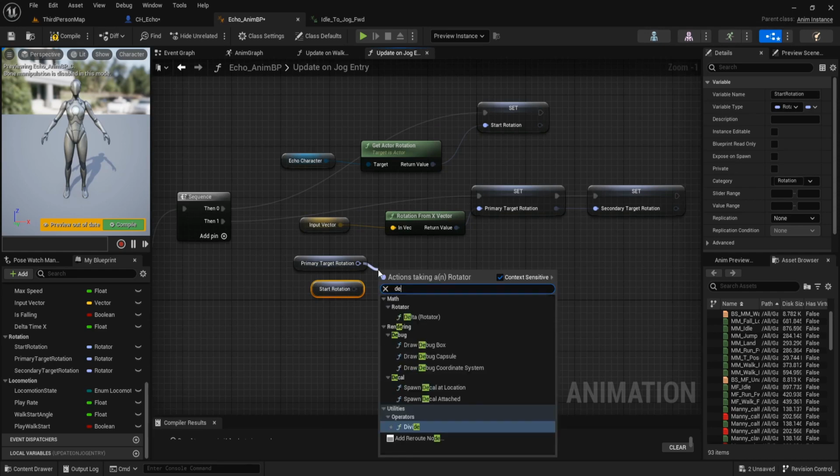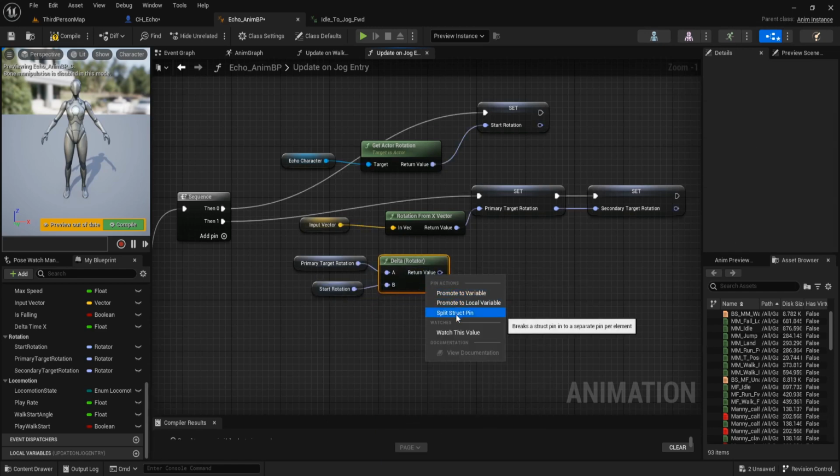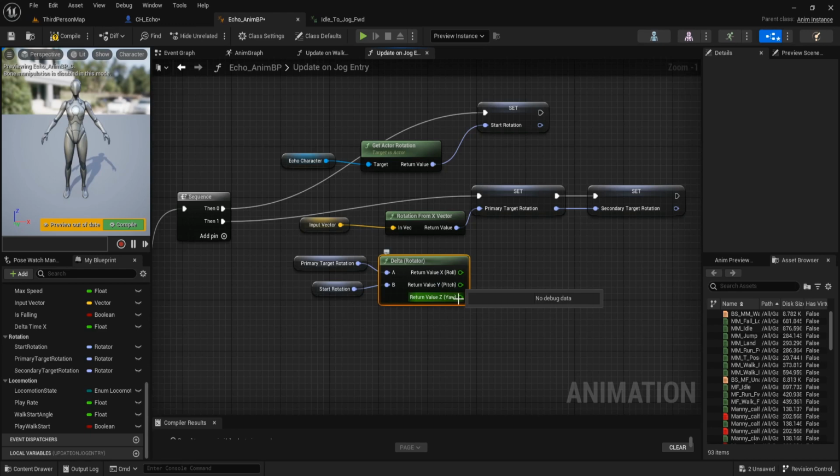Call delta rotator, split it, and the yaw, we promote it to variable.